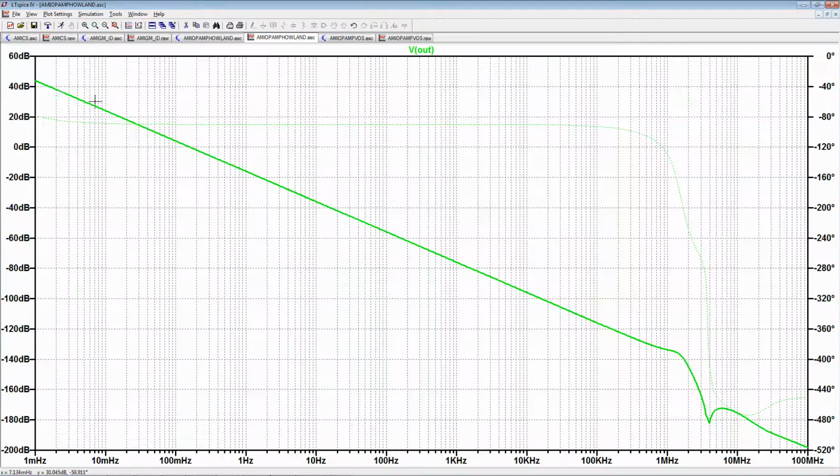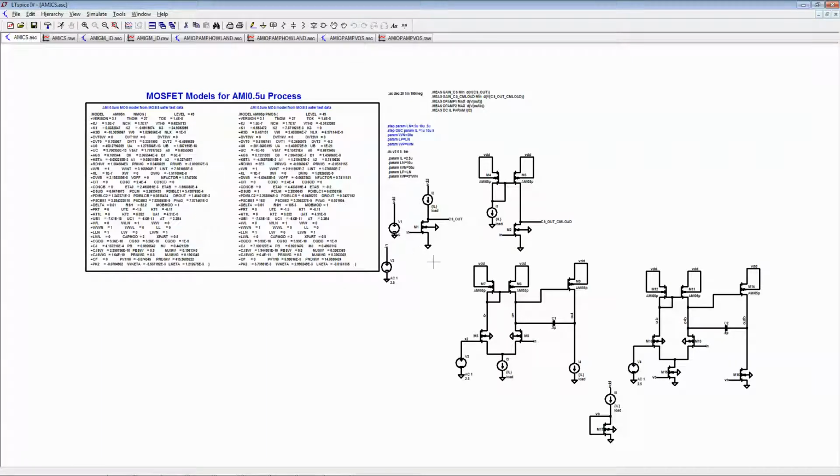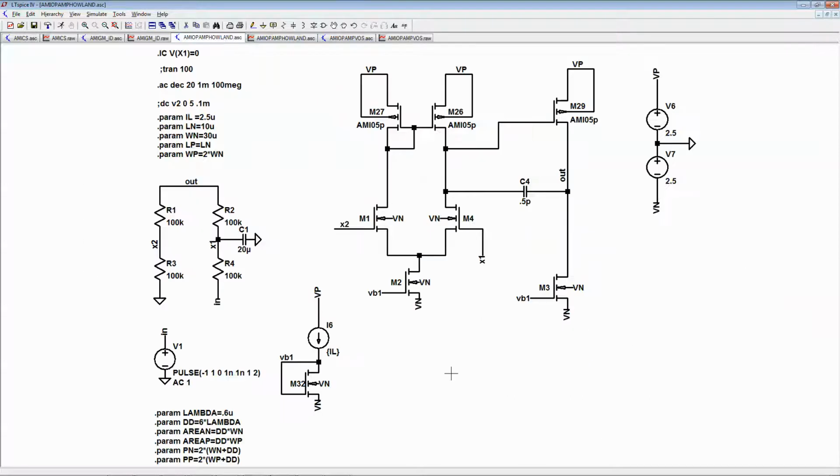All right, and that's very integrator-like. The gain is, the phase is mostly minus 90, right? Then it drops down. And here's the... all right. So